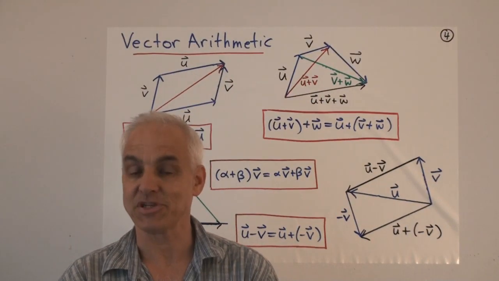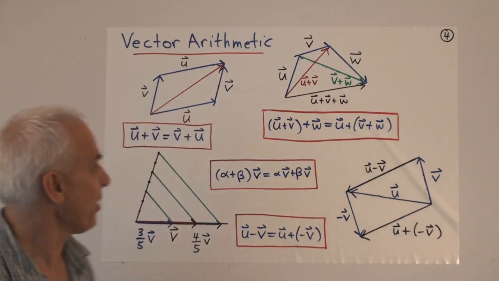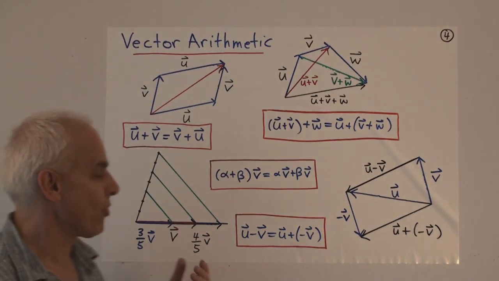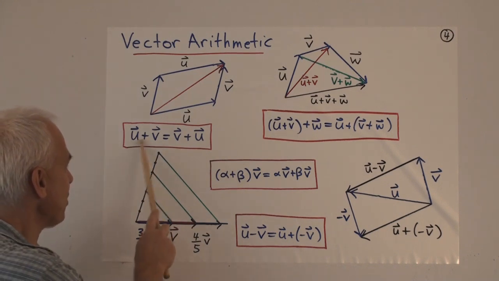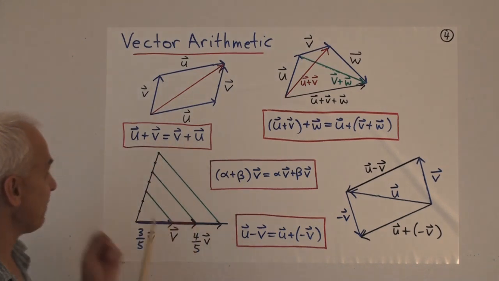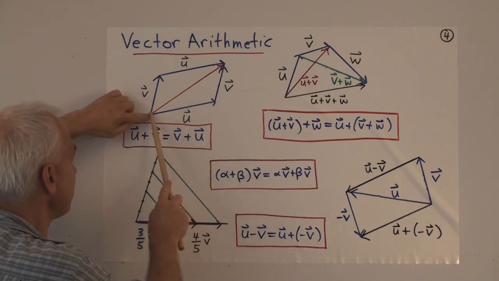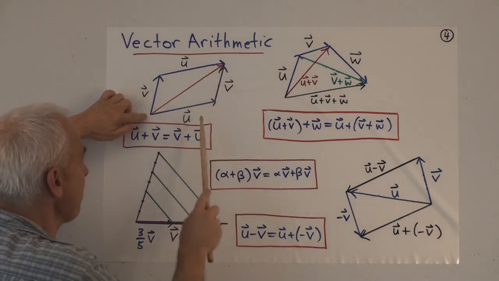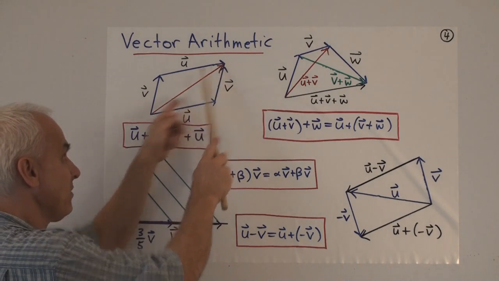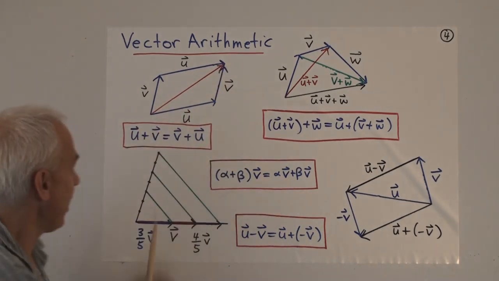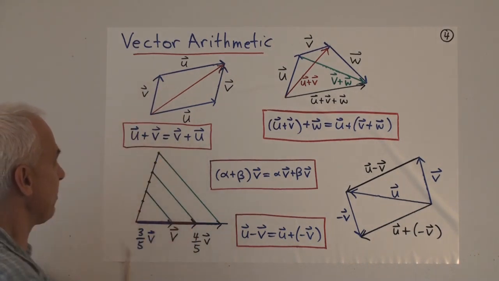All right, now let's establish some basic laws of vector arithmetic. We've defined these various operations. Now let's show some rules that these operations satisfy. The first one we've already talked about, but it's worth pointing out again, that vector addition is commutative. Here is the vector u, here's the vector v. We form this parallelogram, and u plus v is that combination. First u and then v, so there's u plus v in red. And on this side there's v plus u, which is equal. So u plus v and v plus u are the same.